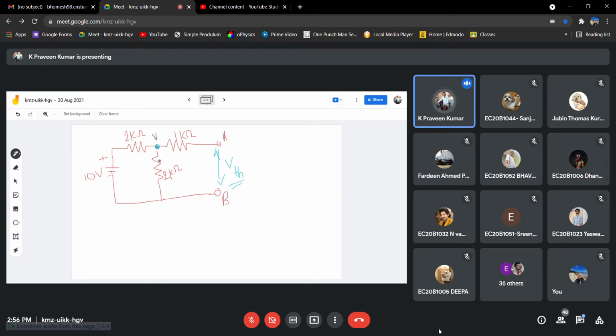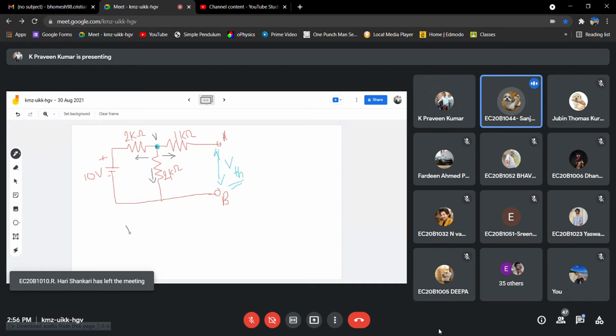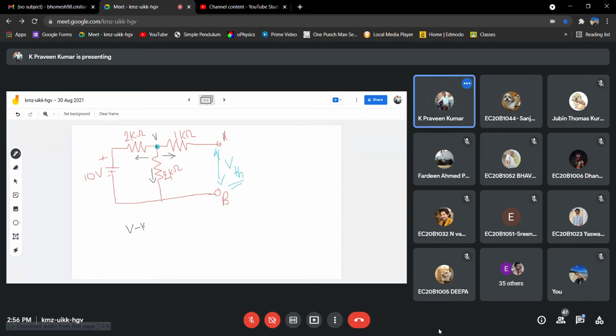Let us say this is the P. Now can anyone tell me what is the KCL expression? We consider these are current directions. How can we apply KCL? V minus 10 by 2 plus